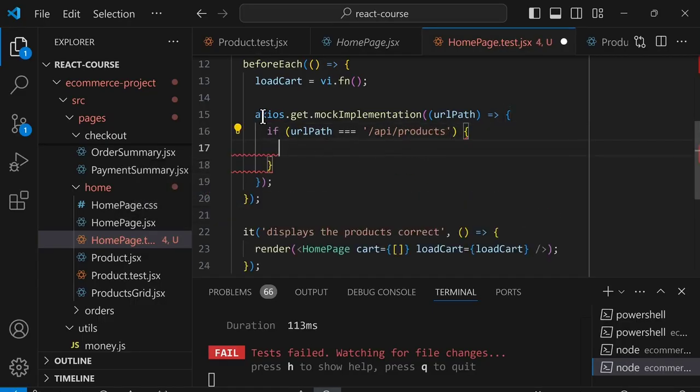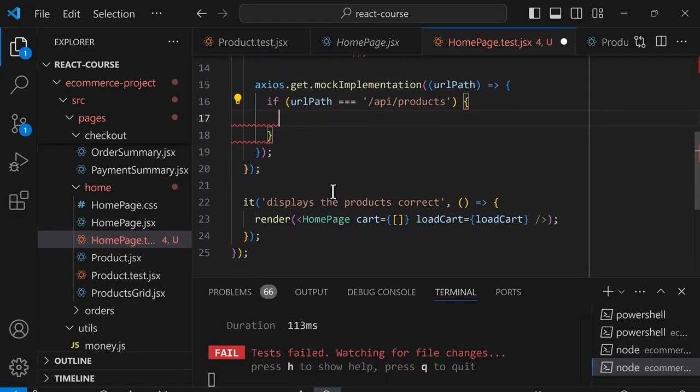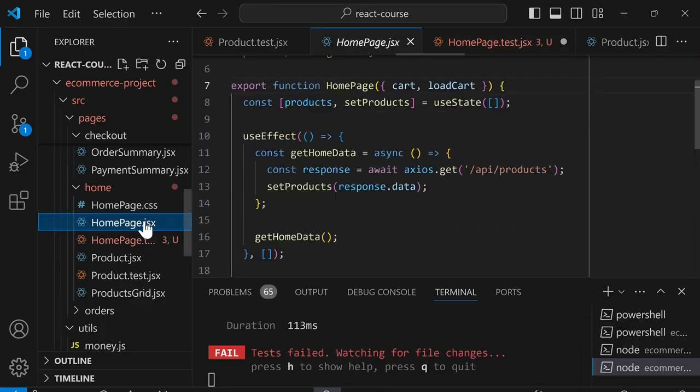So for the URL path /API/products, usually the backend returns all the products in an array. But in our test, we don't really need all the products. So let's just return 2 products to test with. So in here, we'll just return 2 products. Now, whatever we return from this fake function should match what axios.get normally returns. So axios.get normally returns a response with a property